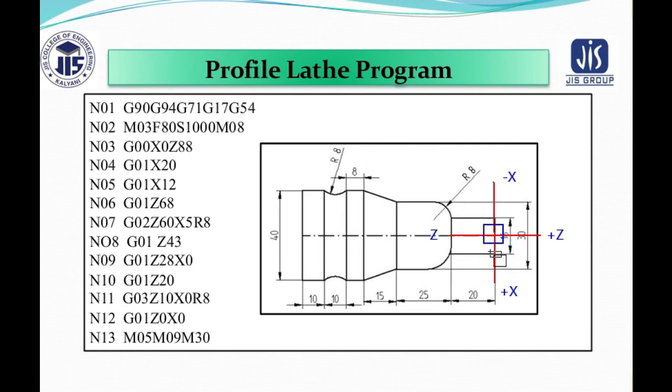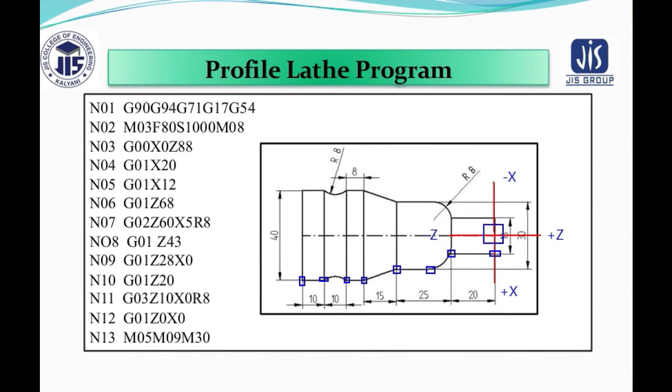This is 0, 0, so this will be your first coordinate movement. This will be your second. Here will be your third. This will be your fourth. Here a taper has occurred, 5. This is your sixth. This is your seventh. And this is the 8th, that is the final position. So these are the various coordinates.